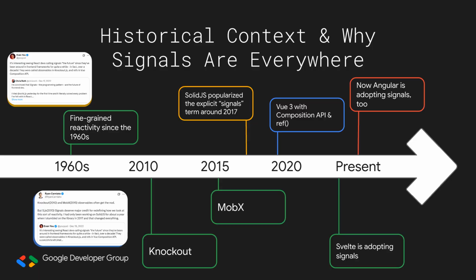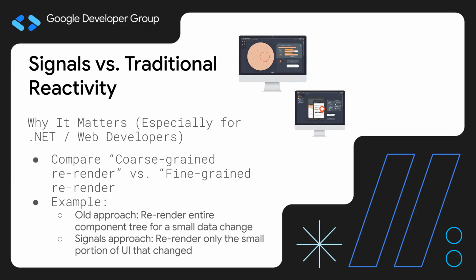When we talk about traditional reactivity versus signals, we often hear the terms coarse-grained and fine-grained. What do those mean in practice? That's a really good question. Let's go back to our spreadsheet analogy. Coarse-grained reactivity would be like if you change one cell in a spreadsheet, the entire spreadsheet recalculates, even the cells that have nothing to do with that change. Everything has to update. Fine-grained reactivity is like if you change that one cell,